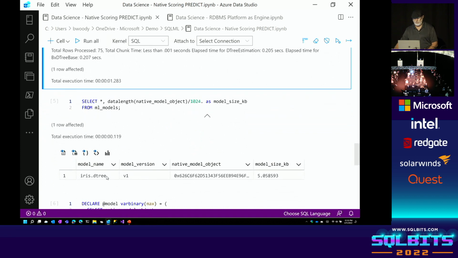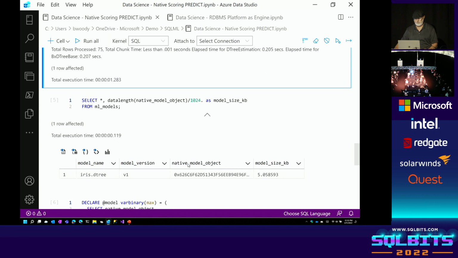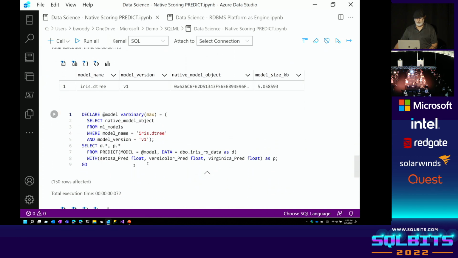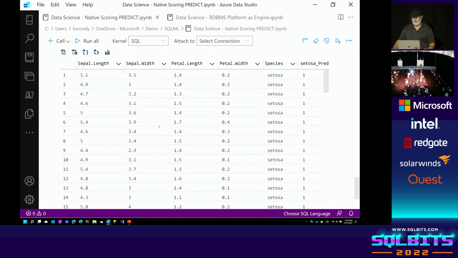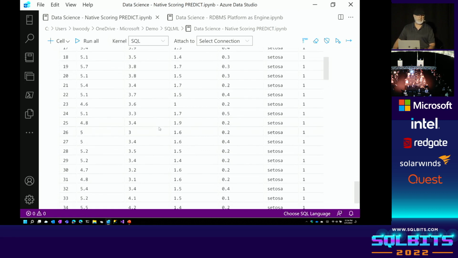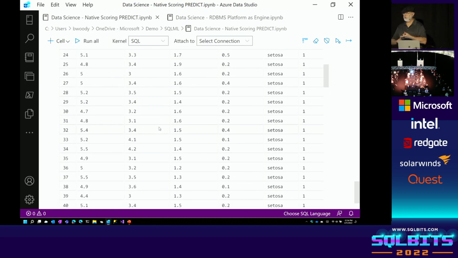Now I can show the models I have. There they are. It's a big old long string. And that's how big it is. Now what I can do is go get the model out of SQL Server, and I can now apply it to a prediction. That's the way I can do this. Pretty cool, no? All right. Now that I've got that, I can do my predictions and get them back. Those can be stored right back in the database. So I've done the training, the modeling, and everything else out of the database and right back in. Make sense? Okay. Let's go back to Slide World.